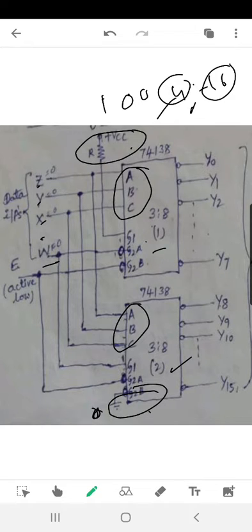That means ground potential is always considered as 0, so it will always remain at 0. Now the G2A of first and G1 of second are connected to our fourth input, that is our W. This is our circuit diagram. Now we will see, depending upon the values of these inputs, how we can obtain our function table.